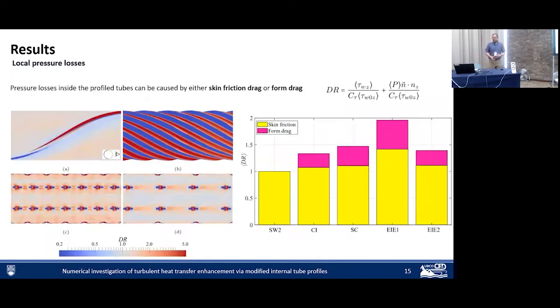Okay, now again, we want to investigate the effect of pressure losses. In a smooth wall pipe, there's only skin friction to account for the pressure. But when you have textures, they stick out and they introduce additional form drag. And so what we've shown here in color is what we call drag ratio, where we